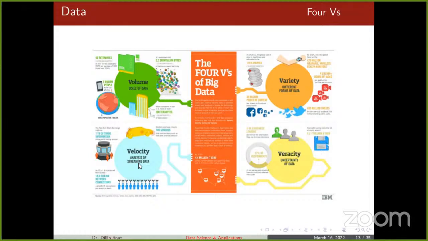And the third V is velocity. Yes, if you imagine how the trend is changing. Suppose you take your own example. In one day, you may be chatting on WhatsApp for at least 3 to 4 hours, and maybe in other social networks as well.